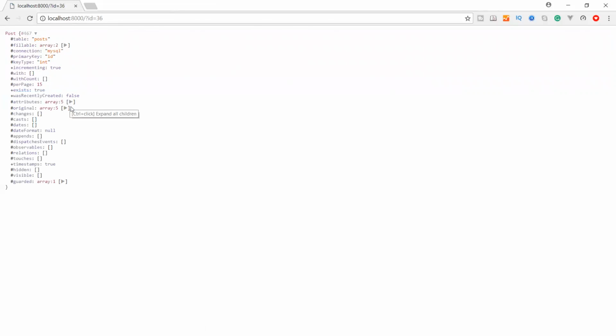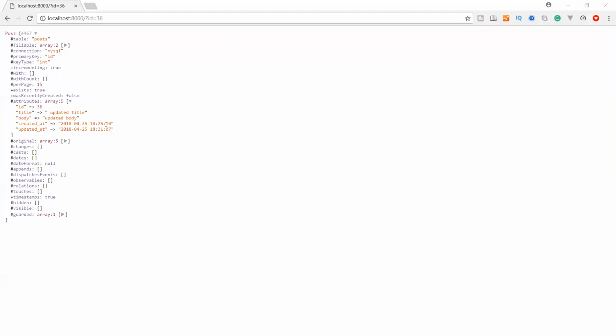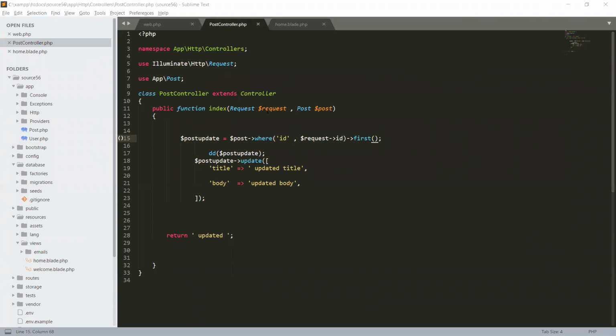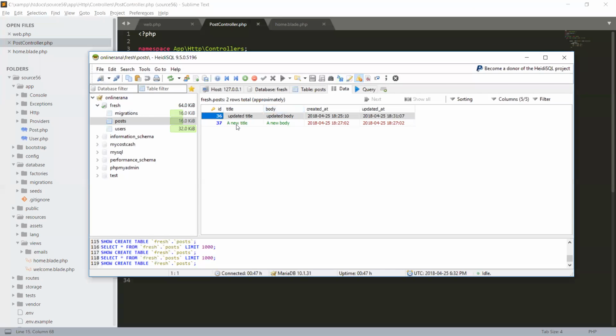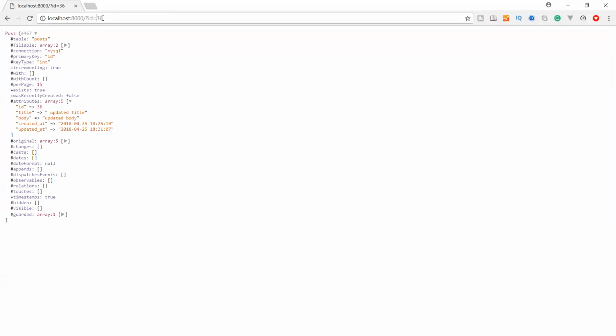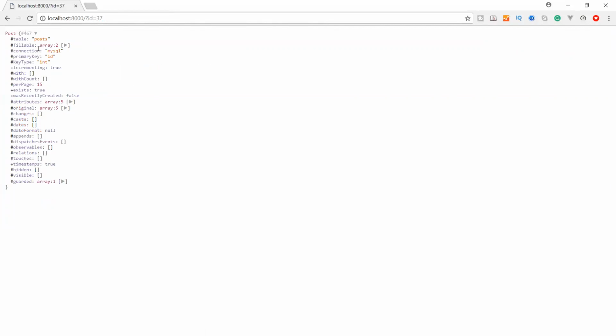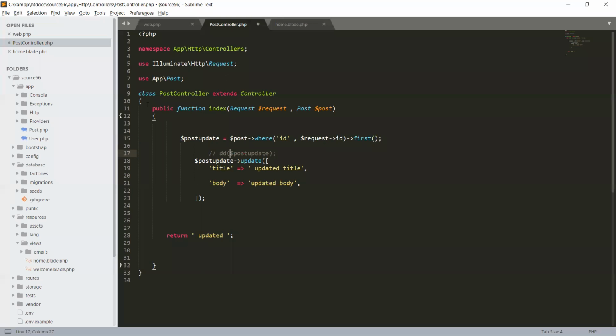And here we have even a request. So the id is find 36 id, and updated title and updated. Okay, let's change the id because we now have 37 to update. And from this method chaining, where and first, we update the record: updated title and updated body. Okay, come to the browser and give the id 37, refresh,